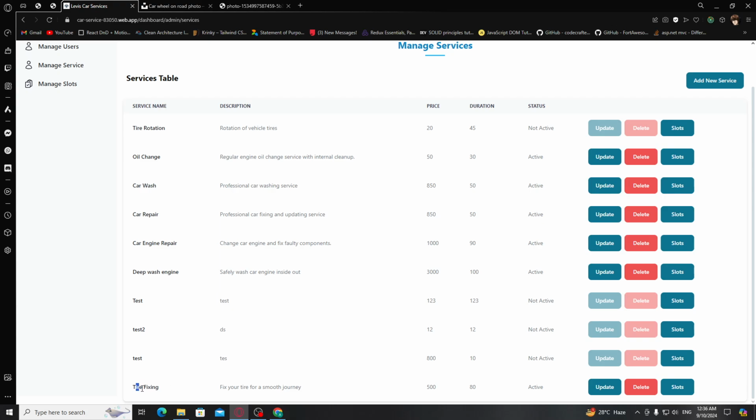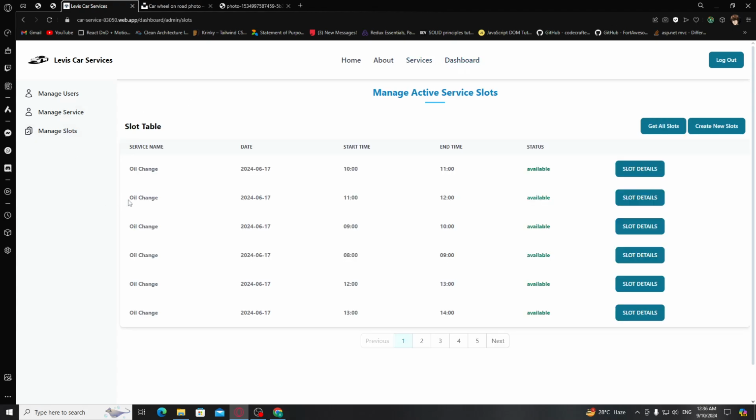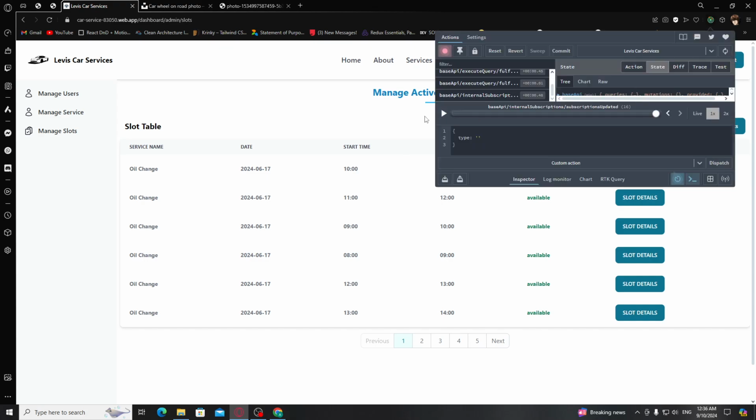So this is our new service, and this is active. And let me manage the slots. Let me get only... because it's showing all oil change, because previously we have visited the oil change page, and because of that, our Redux has added the